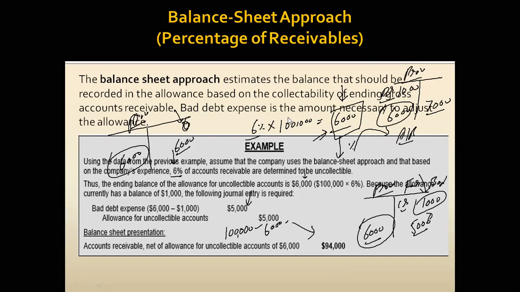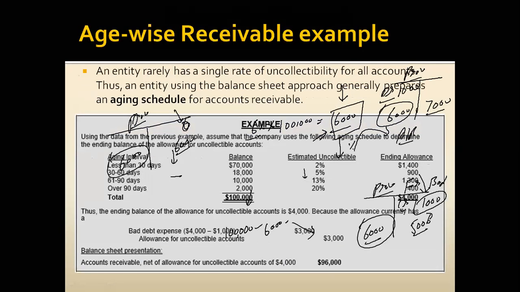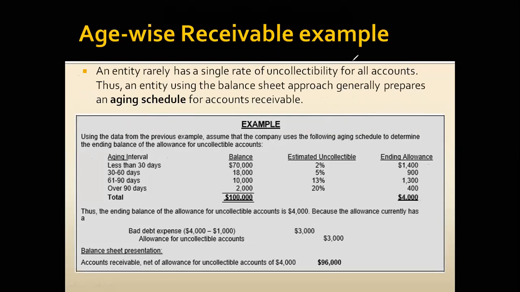Now the balance sheet method we have to discuss with a little variation. Which variation? It says that it's not advisable to apply the percentage on the whole amount of accounts receivable. Like earlier, you noticed that I straightforwardly applied 6% to the total amount of receivables. He's saying it's not advisable because each customer will have a different kind of risk.